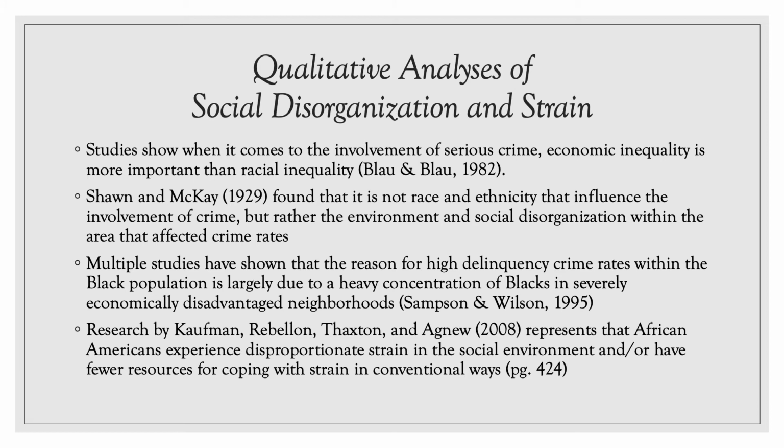So, social disorganization and strain. My connection with those two theories and socioeconomic factors, I combine them because studies do show that when it comes to the involvement of serious crime, economic inequality is more important than racial inequality. Shaw and McKay in 1929 found that it is not race and ethnicity that influence the involvement of crime, but rather the environment and social disorganization within the area that affected crime